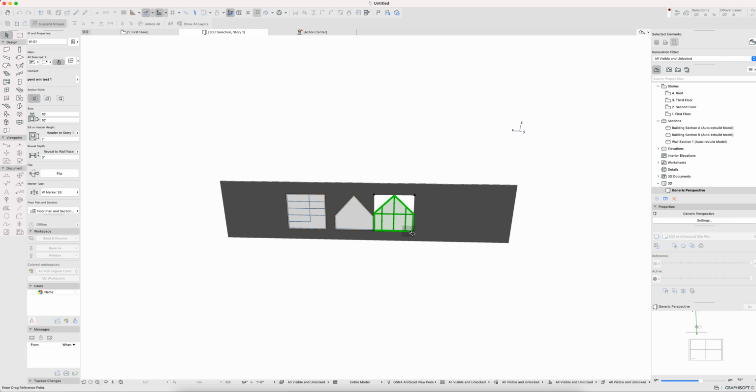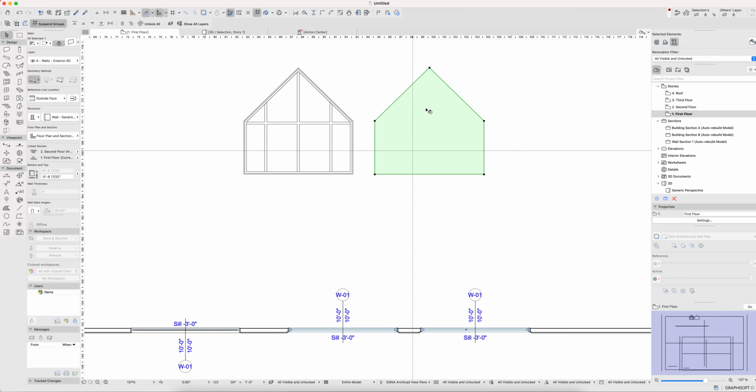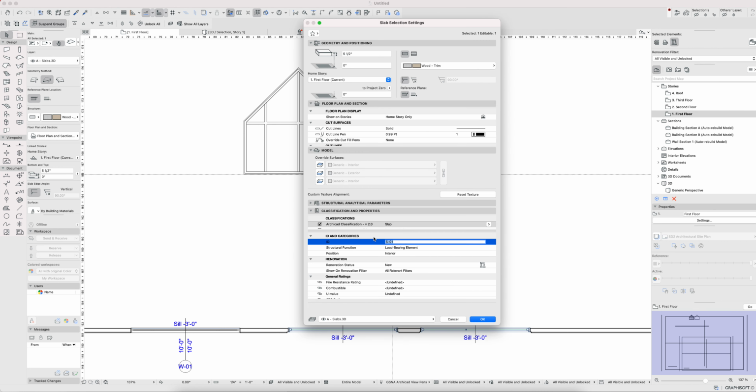We can actually fix that, and this is kind of a neat trick for any custom window or custom skylight that you want to build. The trick is to model a slab that is the exact shape that you want to punch the hole in the wall, and you call this "wall hole" in the element ID. The script writer in ArchiCAD will recognize that element ID, and it'll punch a hole that shape